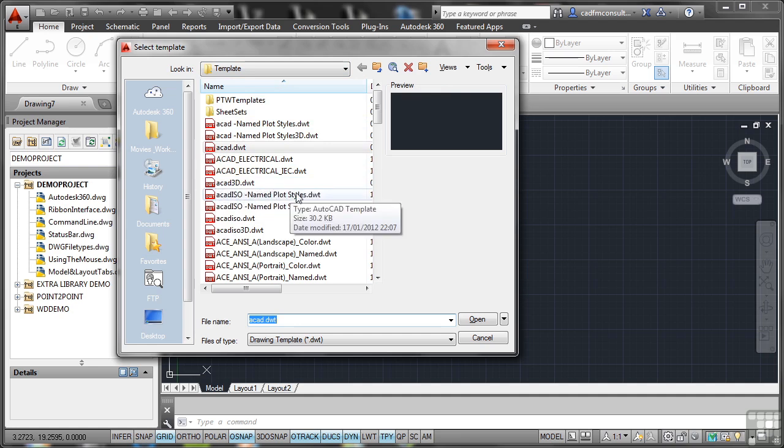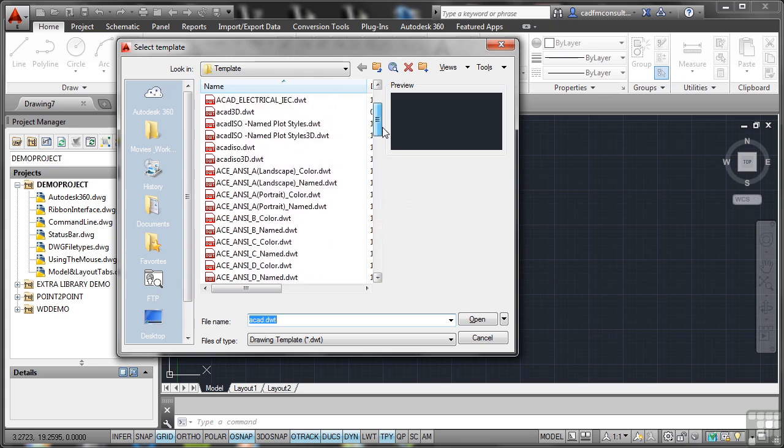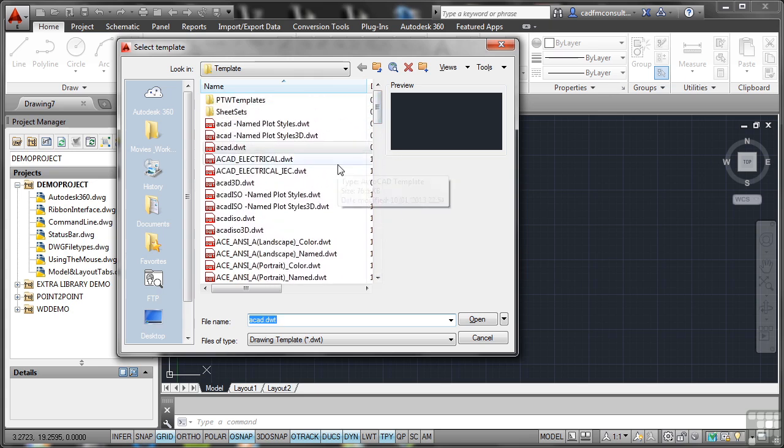However, how do you know which DWT to use? Look at this big long list. All different standards, different countries, different sheet sizes. Which one do I use? Some of them are more explanatory than others. For example, AutoCAD Electrical